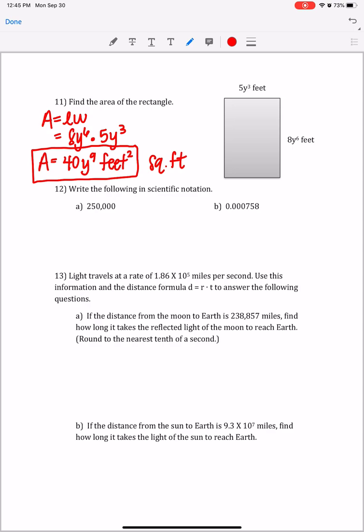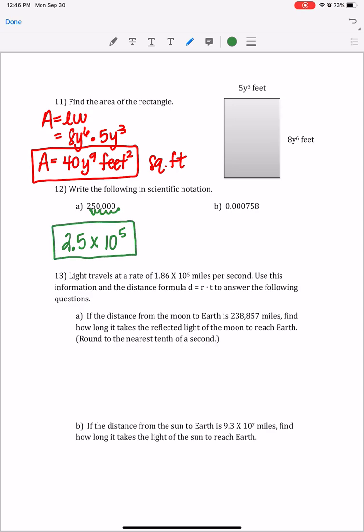Write the following in scientific notation. We've actually already done something like this, right? My decimal is back here at the back of the number. And I want to put this into a place where that number becomes between 1 and 10. This is less than 1. This is more than 10, so it's got to go right here in the middle. I am moving this 1, 2, 3, 4, 5 different times. So I've got 2.5 times 10 to the 5th power